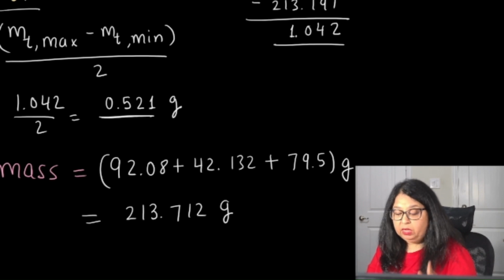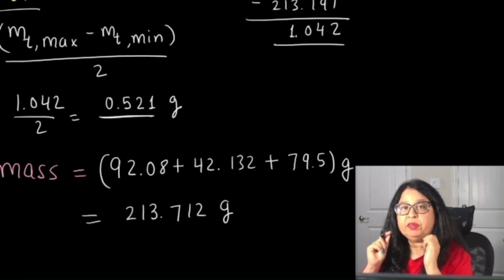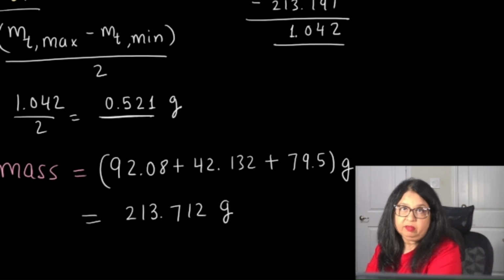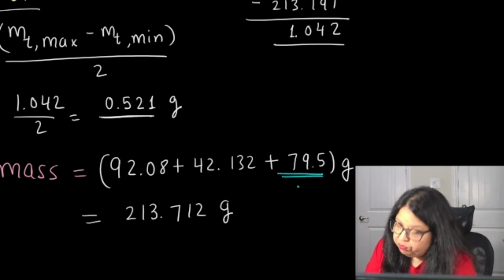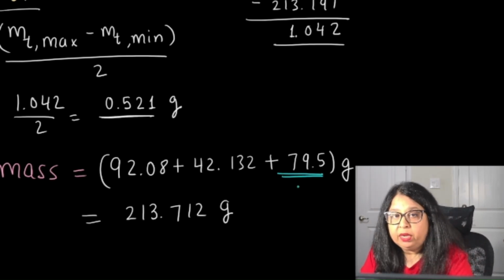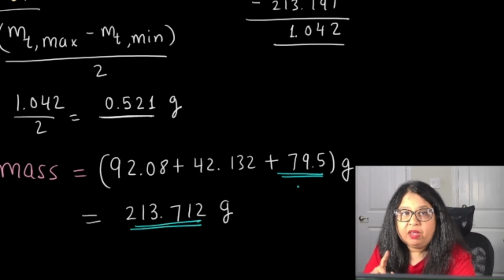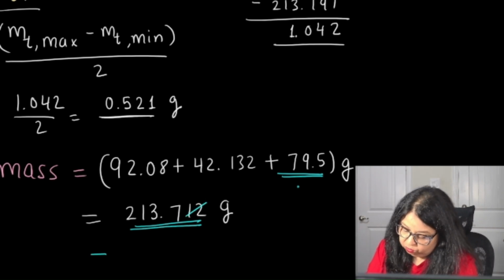subtract some numbers, the final answer should have as many decimal places, as many digits after the decimal, as the number with the least number of decimal places that is being added or subtracted. And that in this case is 79.5. It has only one digit after the decimal. Therefore, the final answer must have how many digits after the decimal? Only one. So the answer is